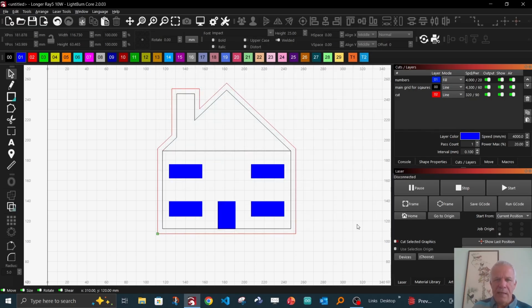So what will happen is this red line, this profile, if you've got your laser set correctly, that object now will be dropping through the material, and you'll be able to take that out away from your cardboard or paper, whatever you're doing, and you'd have that profile. So that is a very, very quick way of how to get a detailed architectural drawing from a CAD program